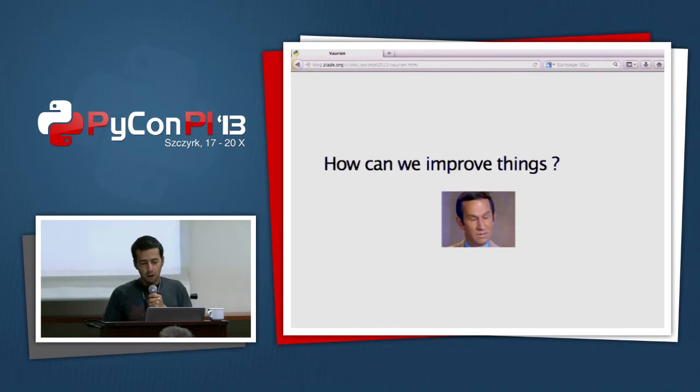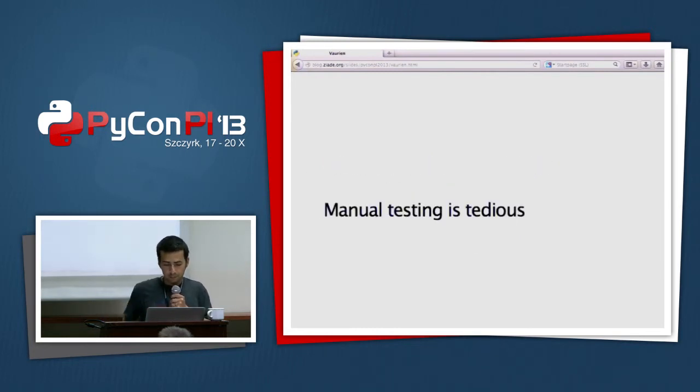So how can we improve this? One way we did it before we had Vaurien was basically to do it manually. I was working with the ops. I was like, okay, on the phone, turn off MySQL. Okay, it's done. Okay, let me see. Okay, it's broken. Turn it on. Yeah, it works. Okay.